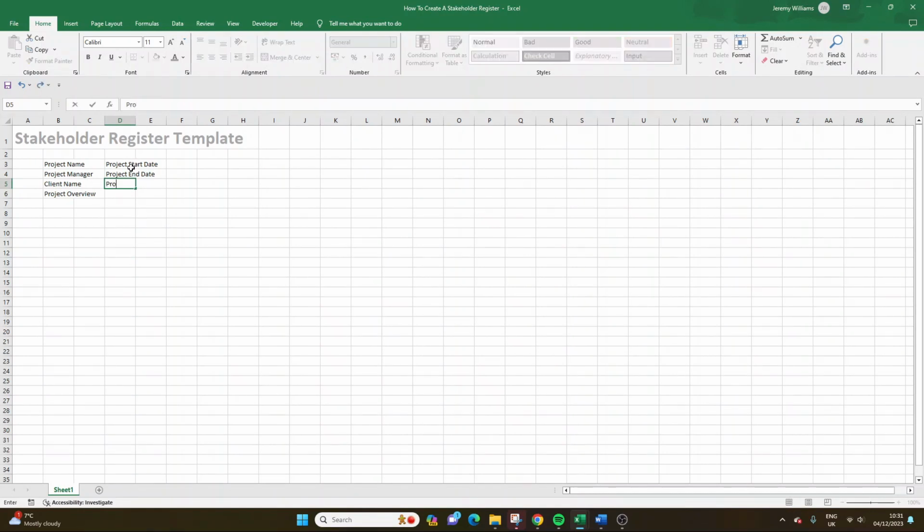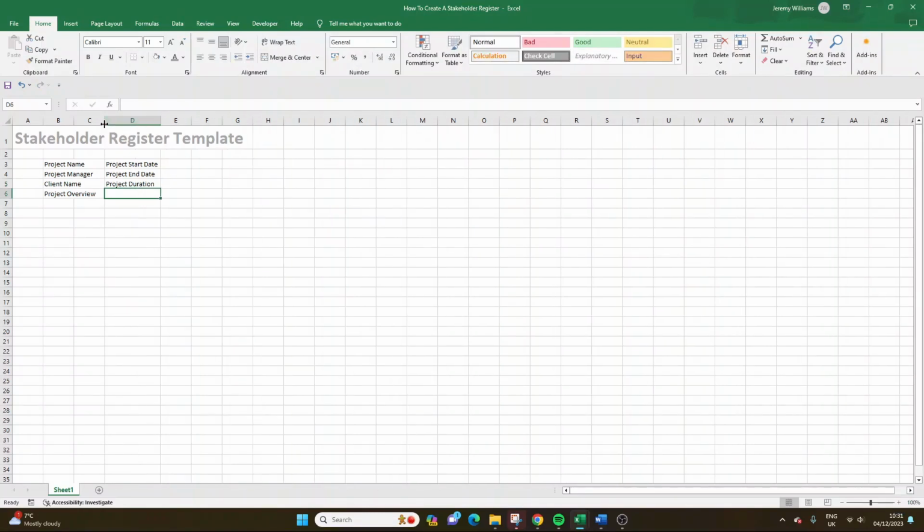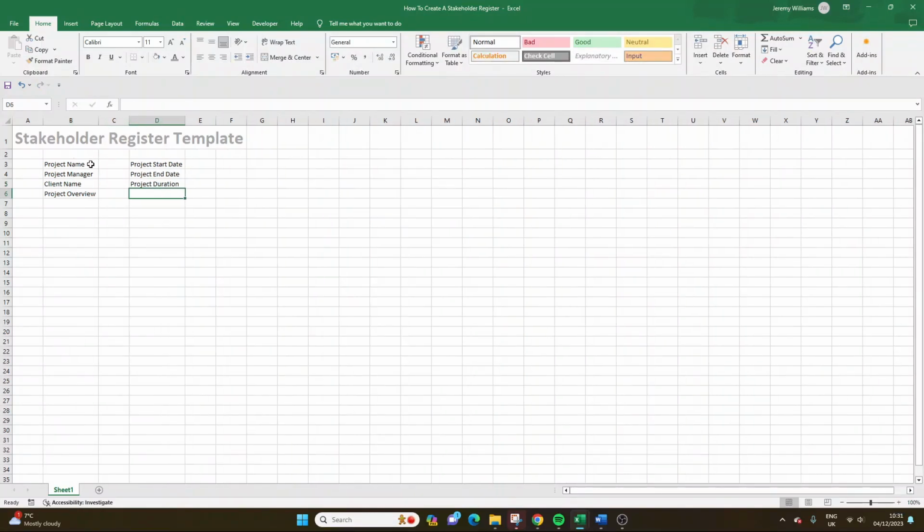And then I'm also going to put a project duration, and I'm just going to double click on these just to expand them to the width that we need. And then what we can do at this point is merge these two to give this area a little bit extra space. I'm going to bold these, and we're just going to put these in boxes if you like, just to make them look a bit more professional. So we're going to put a fill here, a fill here. Actually, we'll fill all of that,